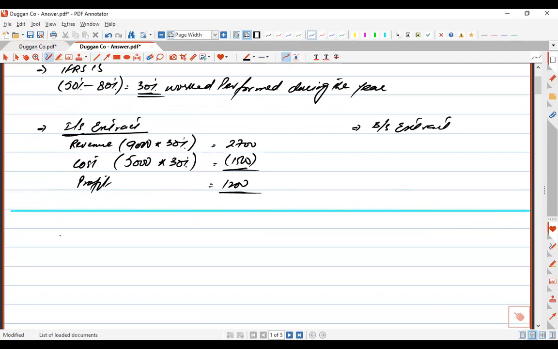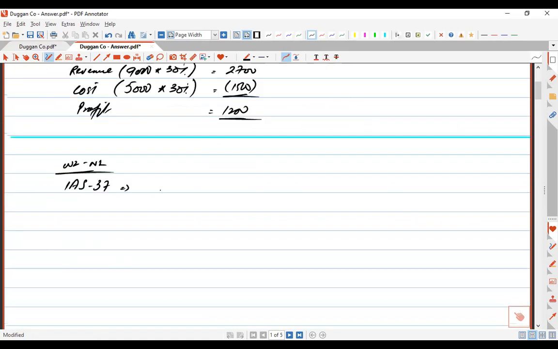Working 2 is for note 2. And note 2 is very important to understand for this question. Over here, the implications of IAS 37 are very important. IAS 37 asks a company to record a liability. When to record a liability? When there are probable chances. What are probable chances? 50% to 95%. If there is any percentage in between, the chances of liability are probable. So if there are probable chances, record the liability as a provision.